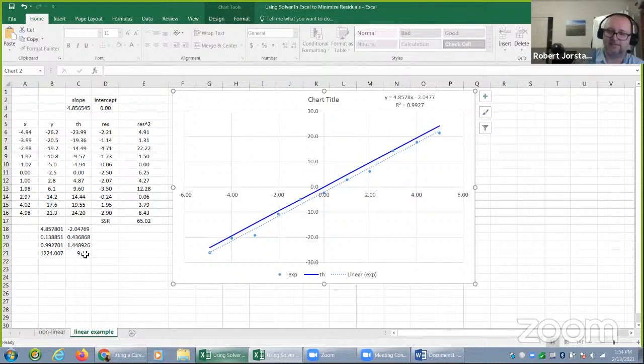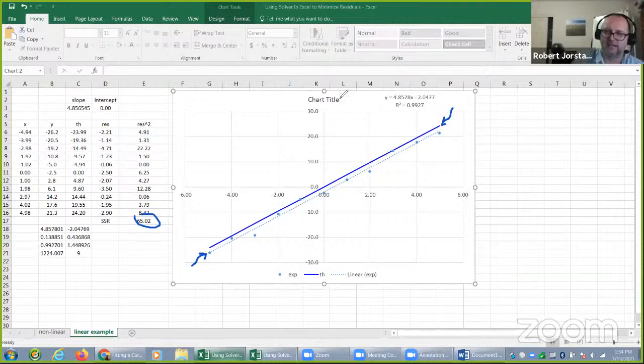But if you do, I did the same process with these solvers, and notice I get a line that is not actually fit very well. So the actual trend line from Excel is this lower curve that's pretty much right in the middle of all the data. Whereas when I use the solver and minimize the residuals, I got this unusual curve that goes through this upper bound. And so, yeah, the solver may not always be the be-all and end-all of everything, but it's a way to get started fitting a curve. And the error analysis associated with the fit parameters turns out to be a bit complex. So that would be the subject of probably a whole